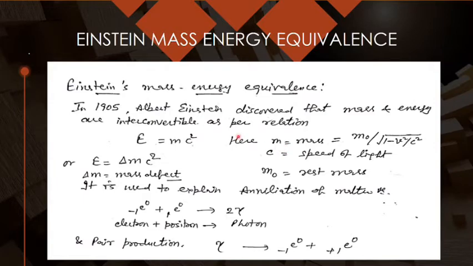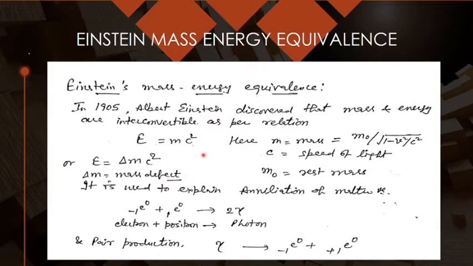What he said is that E equals mc square. In nuclear reactions we use the term E equals delta m c square, where delta m is the mass defect. Mass defect means the difference of mass between the reactants and the products. So when you break uranium to get nuclear energy, you can find the difference in the mass of the reactants and products, and that difference multiplied by c, the speed of light, square gives you the energy released, and that has been proven experimentally correct.